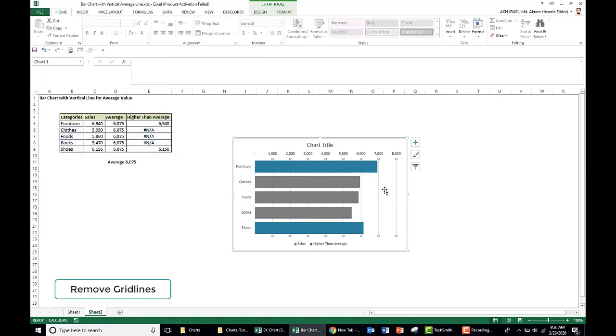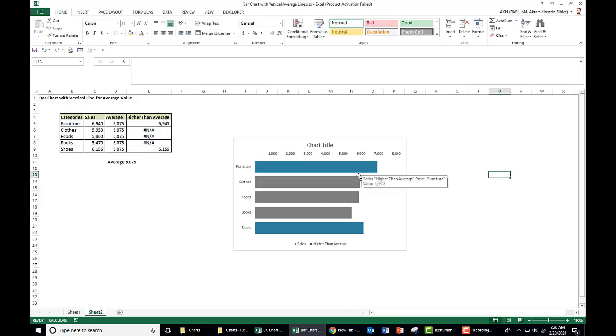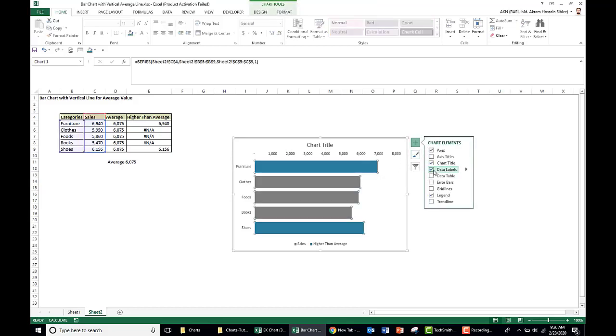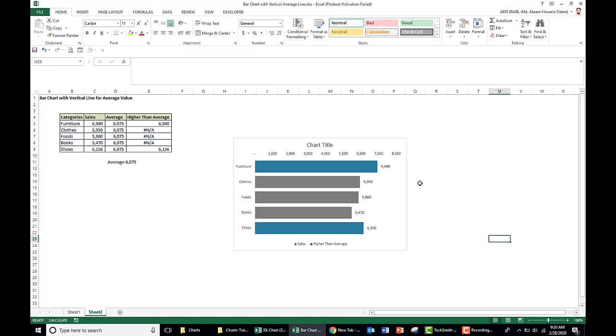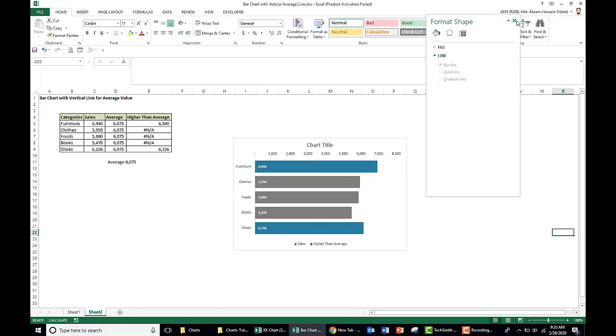Now we do not remove these grid lines. We add the data labels: go to the chart elements and add the data labels, but only for the sales. I do not need the other ones because they overlap, so we remove them. Select this, go to the chart elements and take the data labels only for these cells. Now we place these data labels at inside base and make them white and bold. So our first part of the chart is ready.